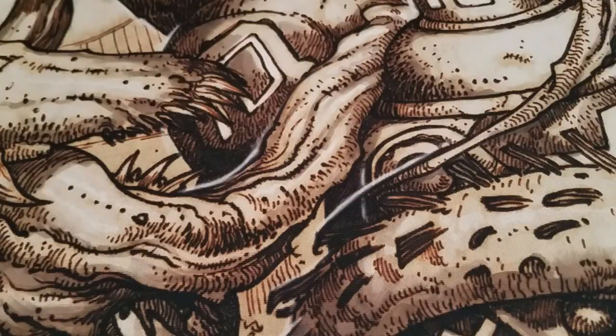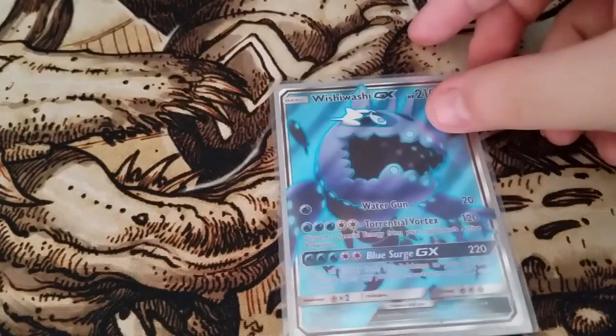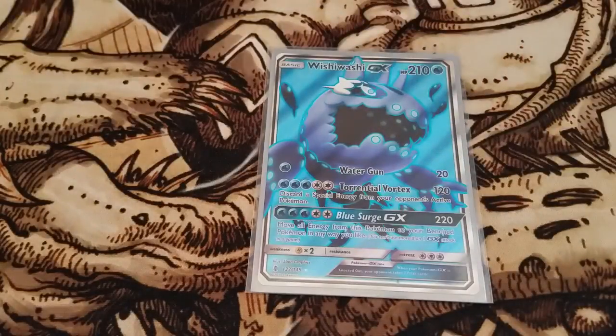Next, the final tech attacker in the Pokemon deck, we got a Wishy-Washy GX. This is for a multitude of matchups, but namely, this is good in the Zoroark matchup yet again. Really, any special energy deck that you can't just one-shot outright. For 3 blue and 2 colorless, Wishy-Washy GX does 120, and you discard a special energy attached to your opponent's